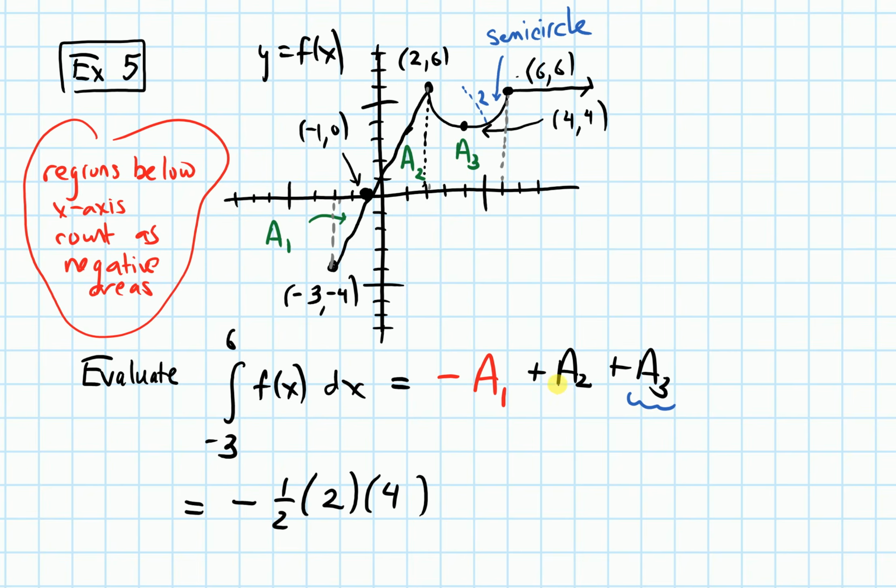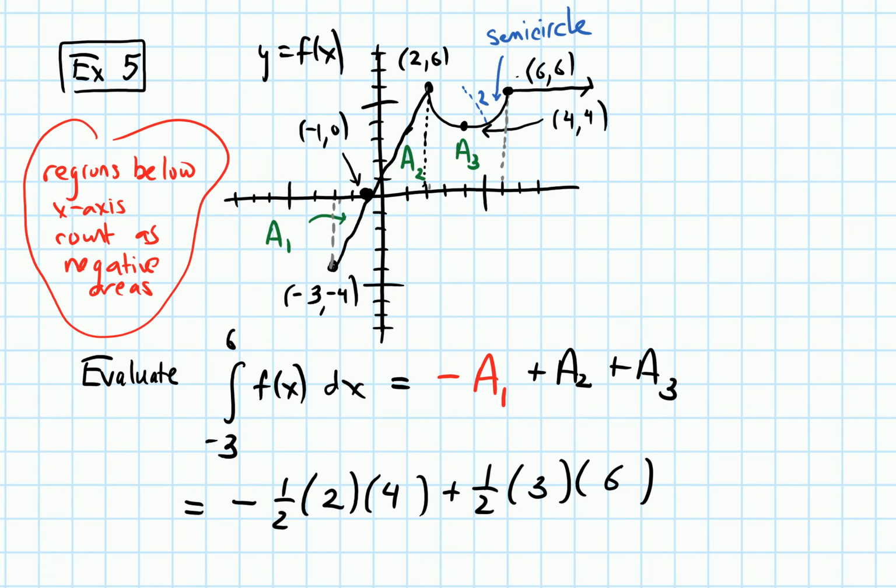For area 2, that's also a triangle, but it counts as a positive area because the graph there is above the x-axis. So I'll get positive 1/2 base times height, and the base of that triangle is 3, and the height is 6. Now for the area of this third region,